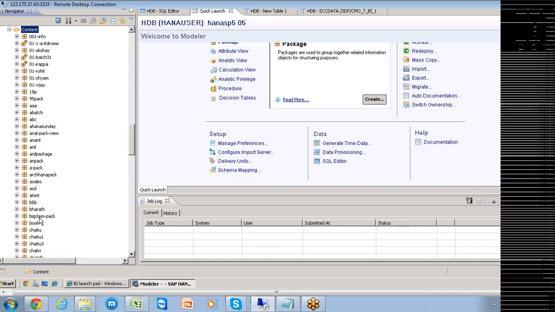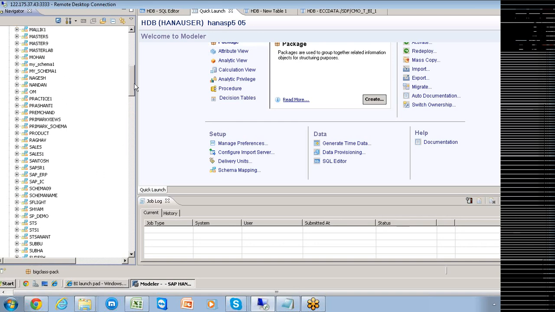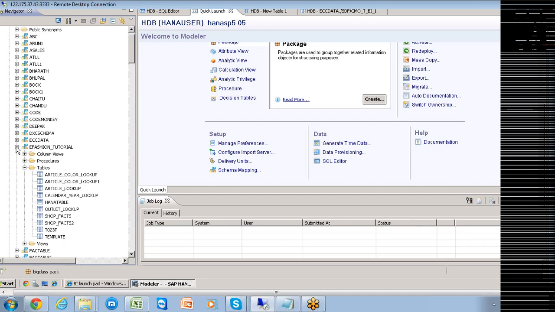Within this package we need to start creating the attribute views. For the purpose of creating the attribute views, we need to understand the schemas that exist. The schema is the eFashion tutorial schema. Within this eFashion tutorial schema, there are a couple of dimension tables and fact tables that exist.